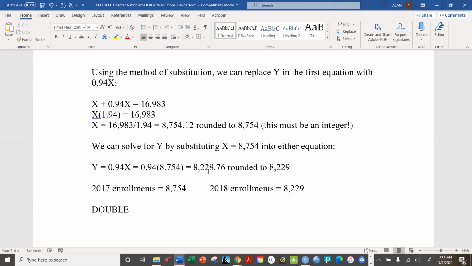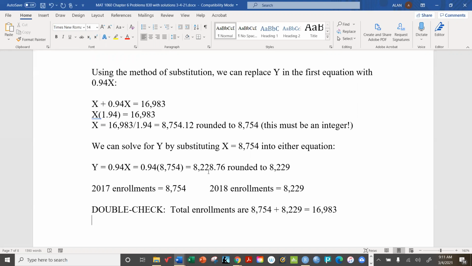Okay, double check. Total enrollments are 8754 plus 8229. Now, again, there's a possibility that they could be slightly off due to rounding, but it looks like not this time. 16,983,